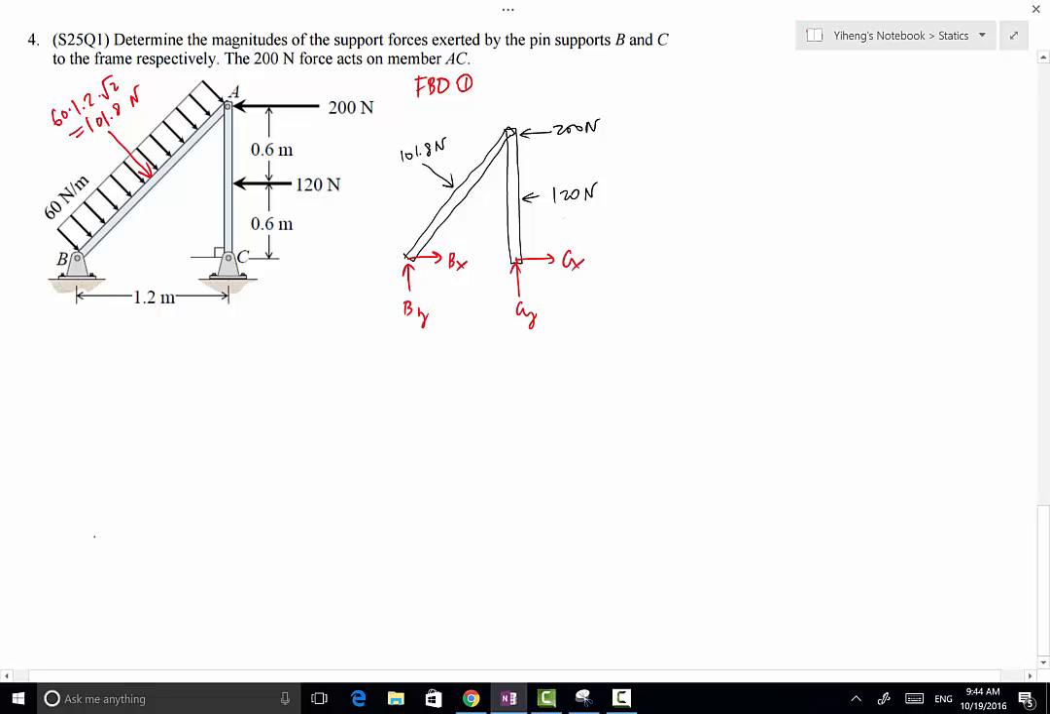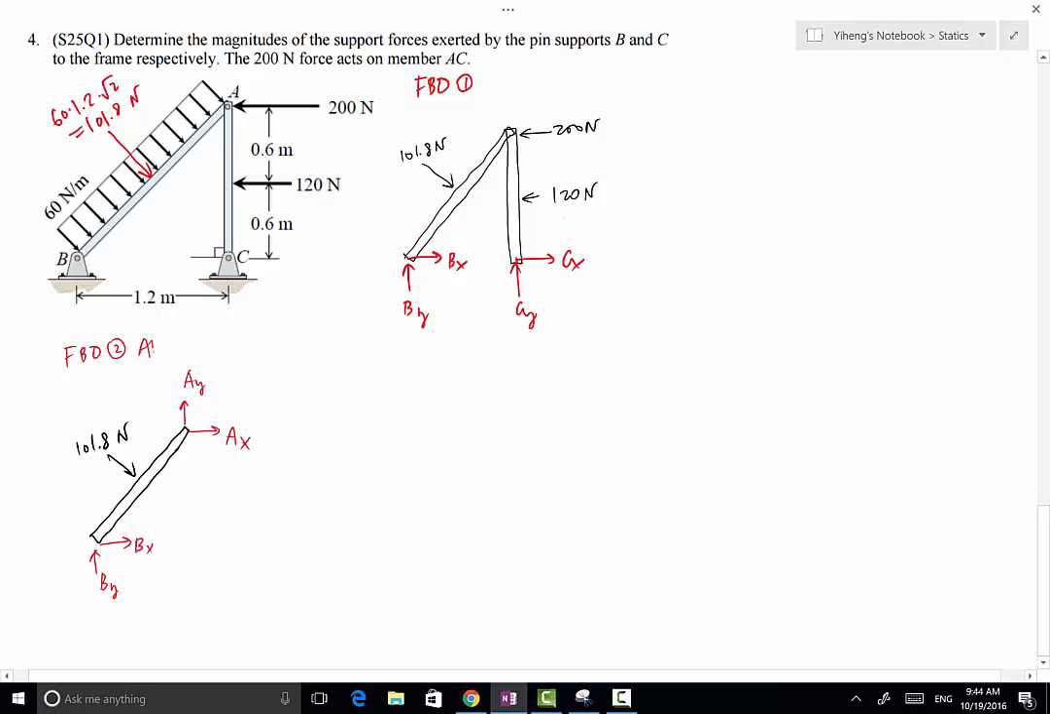So if we do that, the free body diagram of AB is subjected to the 101.8 Newton force right here, and at point B we will have the support reactions Bx and By just like before. Here we will have another pair of support reactions because point A is also a pin, so Ax and Ay. So that's the free body diagram